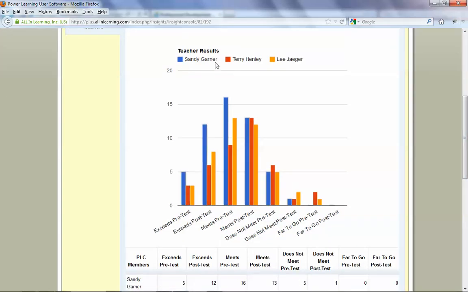The 3 different teachers are represented by blue, red, orange, and you can see the exceeds numbers for each of the teachers on the pretest, and then you'll see a large gain on the post-test. So you want these graphs to have this sort of change. Here's the meets on the pretest, and here's the meets on the post-test. Now the meets for Sandy Garner have gone from 16 to 13, but one of the reasons for that is